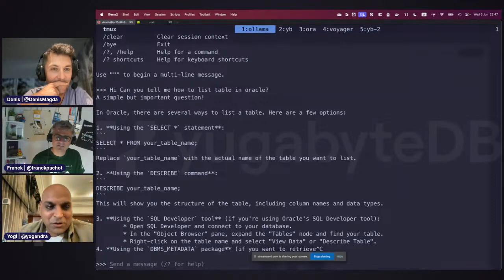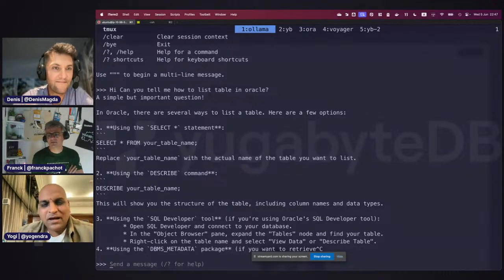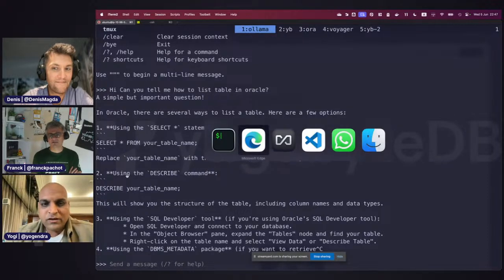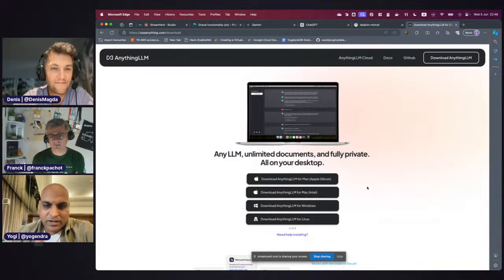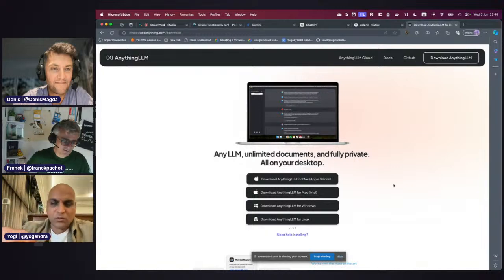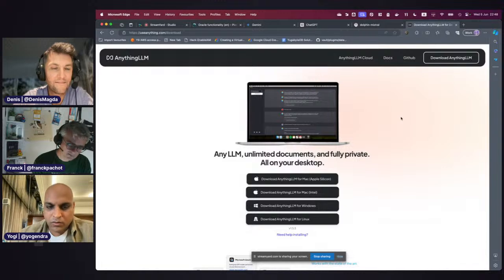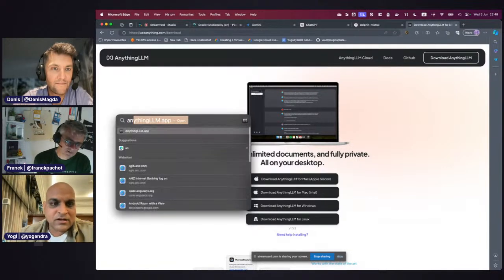So I went on a journey to find what would be a good tool. I came across some other tools also, LM Studio and things like those, and they're also very good. But somehow this tool that I ended up using, AnythingLLM, seems to be working really well with Ollama. You can download it, and it works on Apple Silicon, Intel, Windows, and Linux machines. The good thing is you just download, install, and click through. They have a cloud version, but the whole idea is to run everything on your machine without sending the data out. So that's where I started using this particular thing.